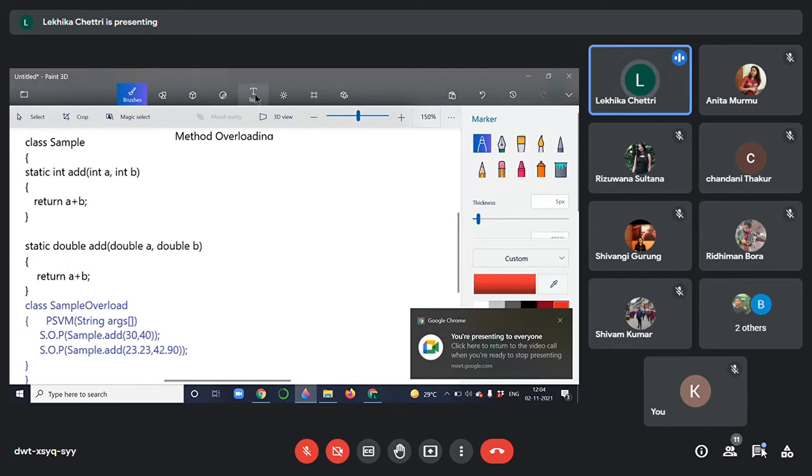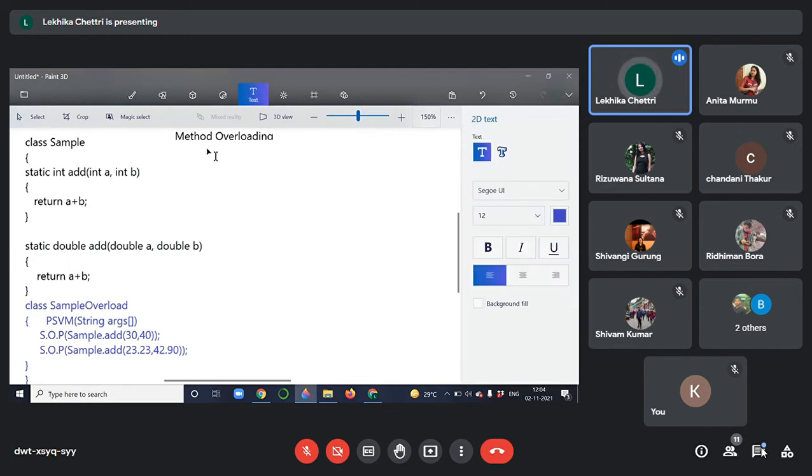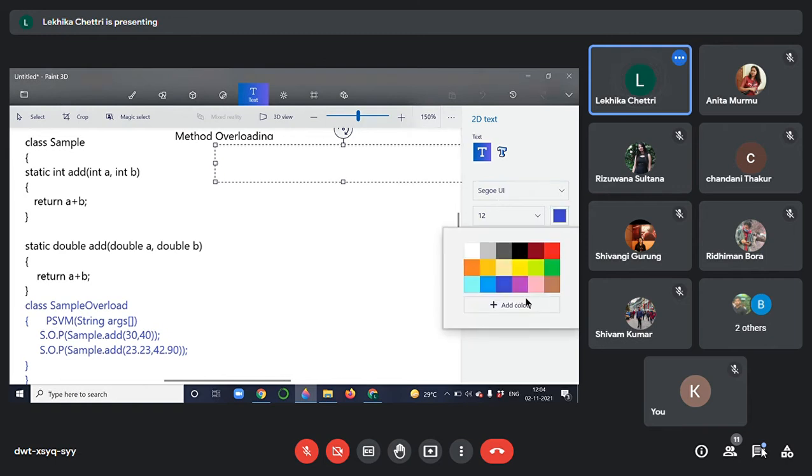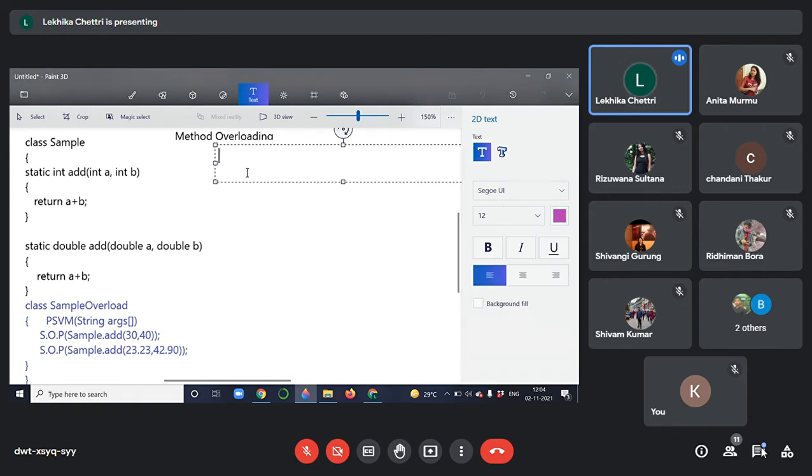Okay, so now you have understood method overloading with different return type. Now I'll explain to you method overloading with different number of parameters. So now let me create one more class named sample one. Now I have opened this class. So let me create that same method, static